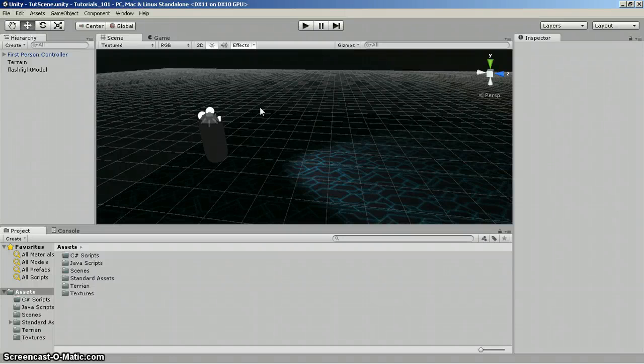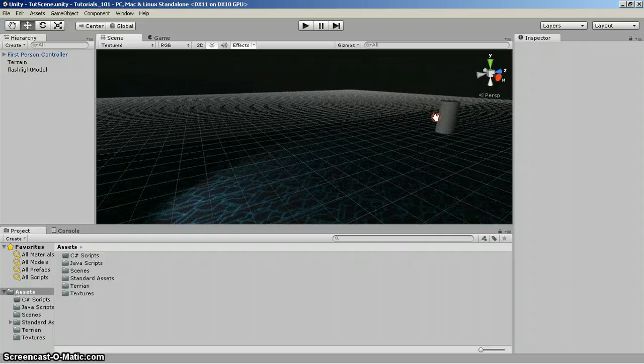Hello guys, today I'm going to be showing you how to pick up and activate a flashlight using raycasting in